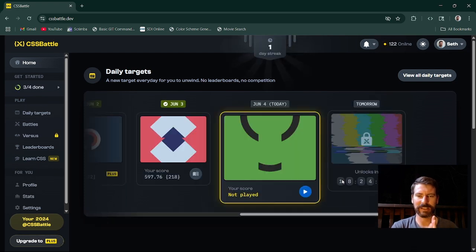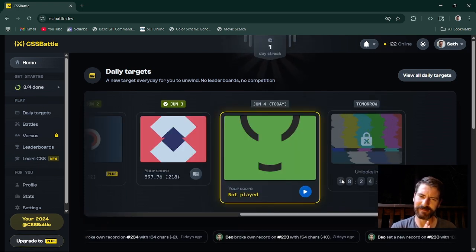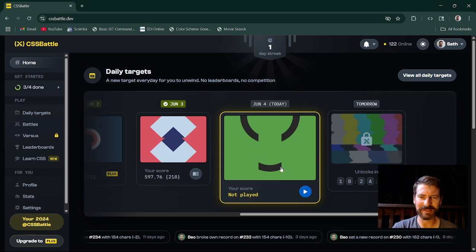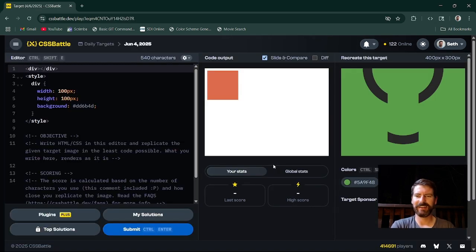Right, CSS Battle time. How interesting. That's pretty cool. I like it. It almost looks like the ring dropped down. I honestly think we can get away with